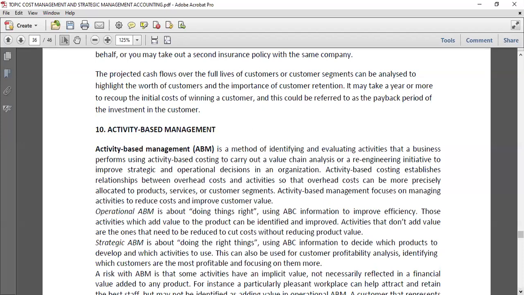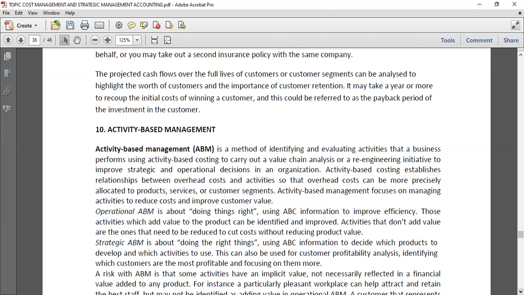As you can see, we have the operations ABM, okay? Activity-based budgeting, activity-based management. Of course, activity-based budgeting is also very similar to this, but activity-based management is basically a method of